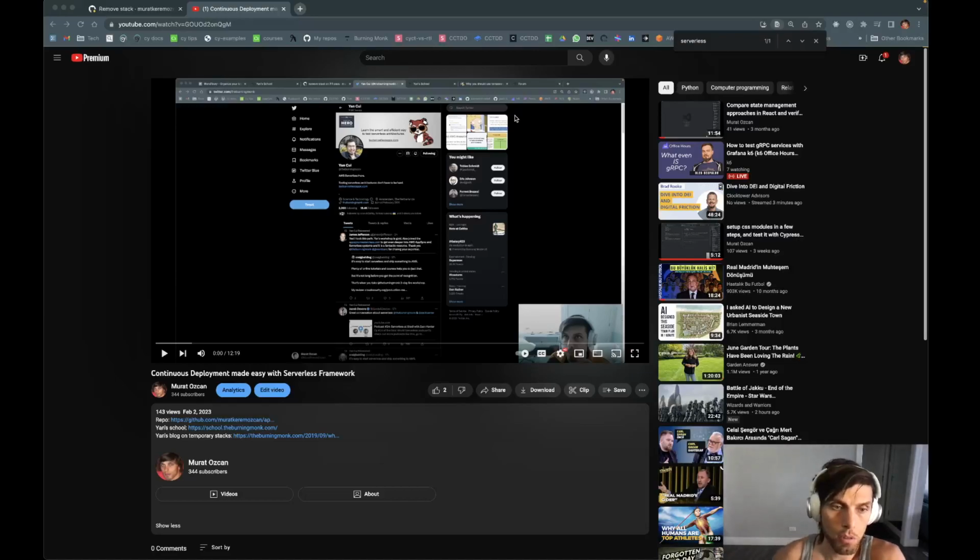Hi guys. Previously, I talked about temporary stacks when you're using Serverless Framework. Temporary stacks isn't something specific to Serverless Framework, but the idea is you have an AWS stack, and then instead of deploying to a shared deployment, like a test or sandbox, a shared deployment with your teammates, and dev is a shared deployment, for instance, you deploy to a temporary stack. Serverless Framework or your tool of choice spins up your entire stack and